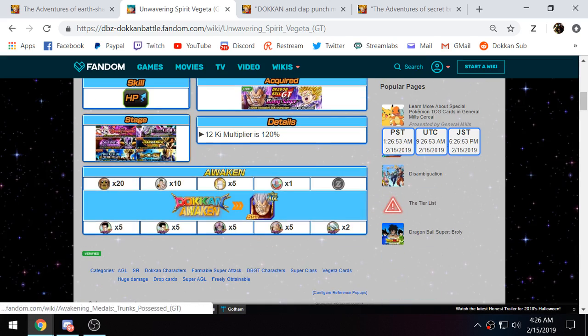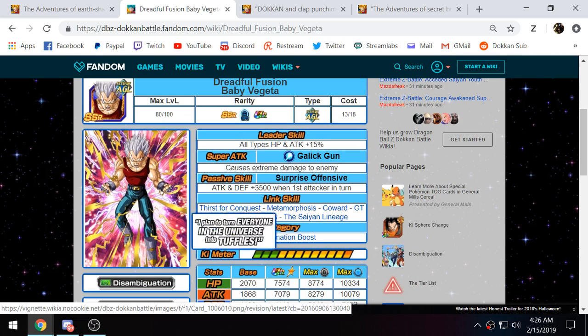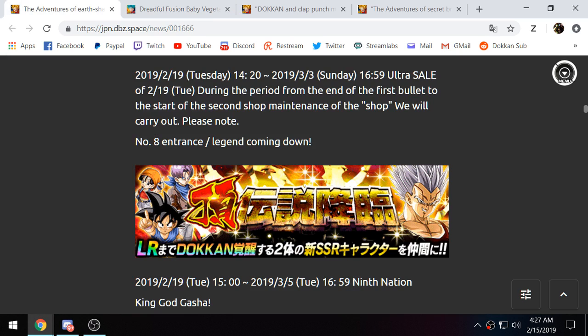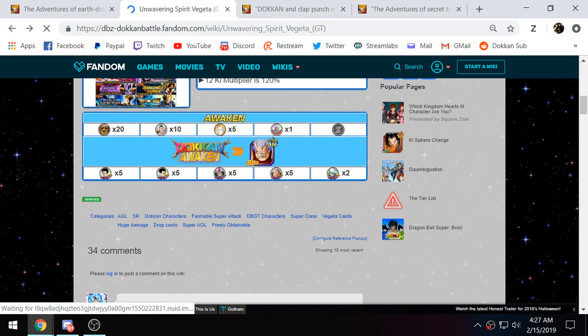Now, once you get a bunch of medals from the event, you can awaken him into Baby Vegeta, who's an SSR. Boom, that's a 100% SA raise right there. You only have to Z-awaken this guy, and then you'll be able to raise the super attack of Baby. So it shouldn't be too difficult of a grind, because if we head backwards here and look at the medals required,